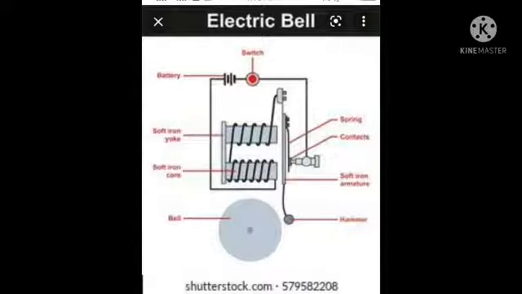However, student, at the same time, the contact screw loses contact with the strip and the current in the circuit stops. So, student, in this situation, the electromagnet loses its magnetism and the iron strip moves back and comes in contact with the contact screw. The electric current is then immediately restored, and again the striker hits the gong by the above process. So this action repeats itself and the bell rings when we pass the electric current through the bell.